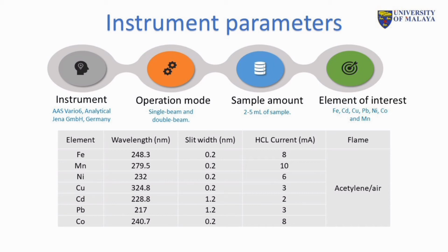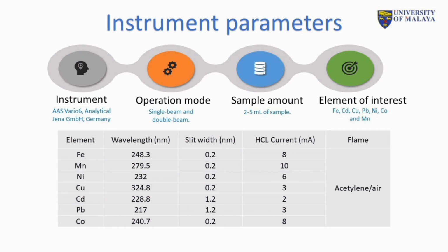except for cadmium and lead, which were kept at 1.2 nanometer. Next, talking about the flame, for all the elements a mixture of acetylene and air flame was used, mainly due to temperature concerns. The temperature of this acetylene-air mixture is high and sufficient to break down the element molecules to ground state atoms, which is very important for